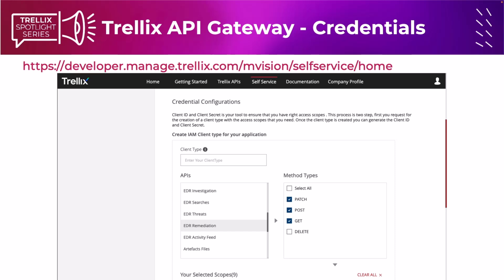But if you are the admin and you want to share the credential with a developer team, maybe you don't want this team to be able to delete something. So here I'm showing an example for the EDR remediation team API access. I want to let the team be able to post a new remediation, patch an existing one, get any content available, but I don't want this team to be able to delete anything. Okay, maybe it's my use case, maybe it's the way I'm thinking about this application to be used. So why not? Okay, and you go through every EDR API you want to use like this,